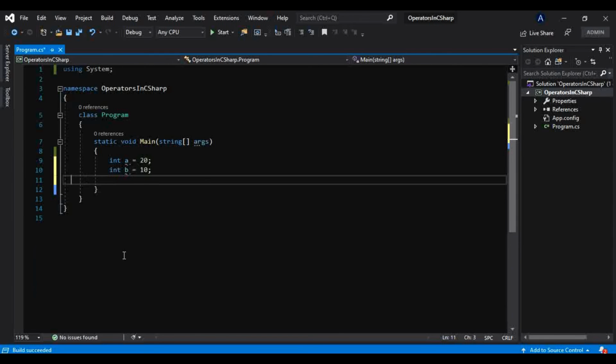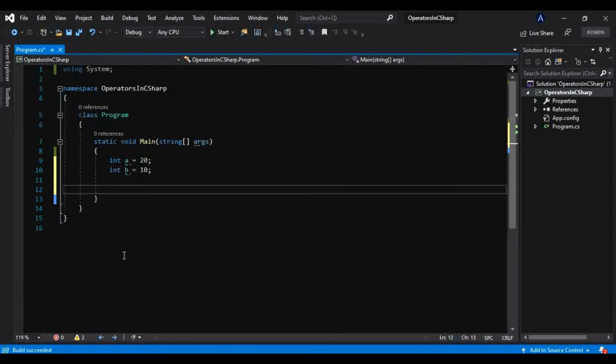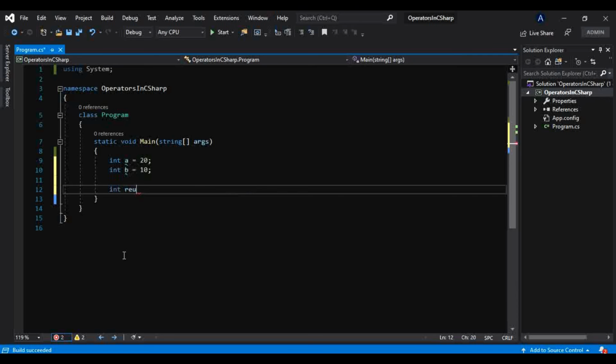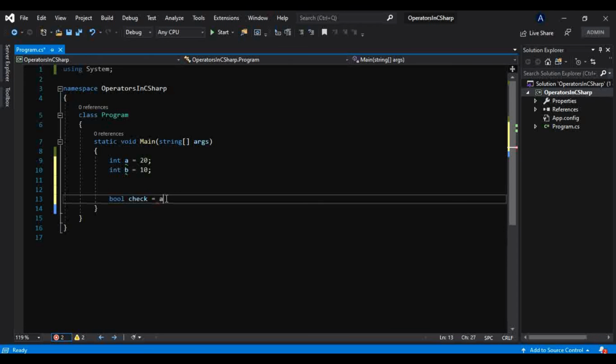Instead of this, what we can do, we can take one int result, only one line of code we have to add here. Let me take one boolean type, boolean check. And we can use this a.